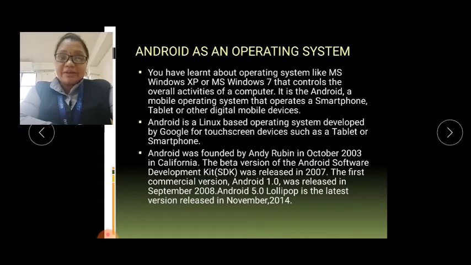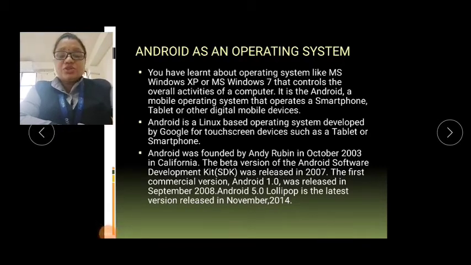So Android means what? Android is an operating system like Windows 7 or Windows XP, but it is generally used on mobiles, smartphones, tablets and digital mobile devices. Mobile here means devices we can carry from one place to another.